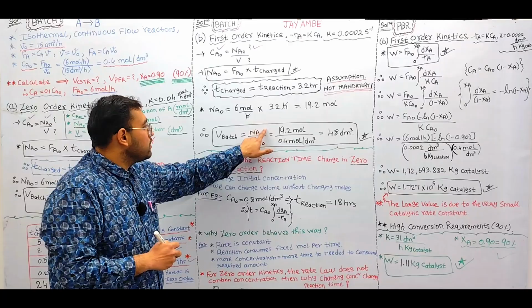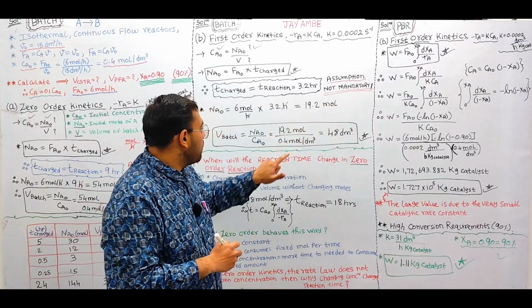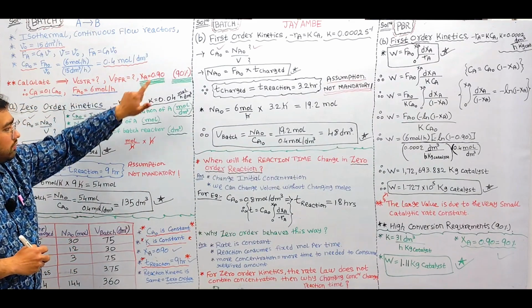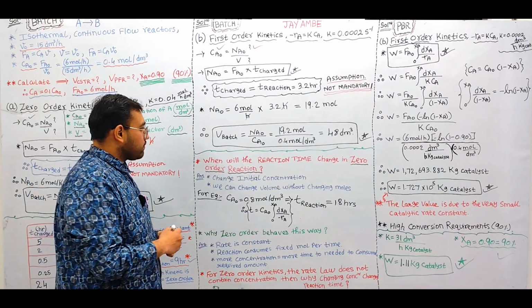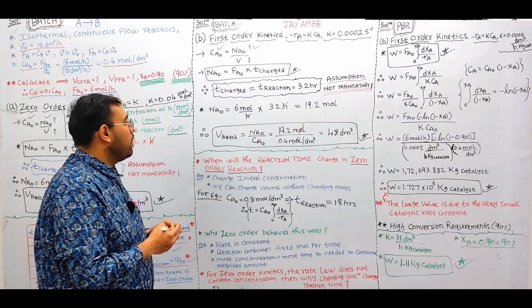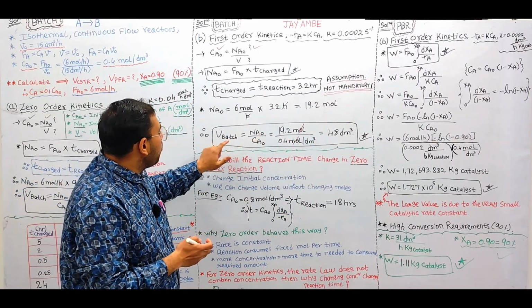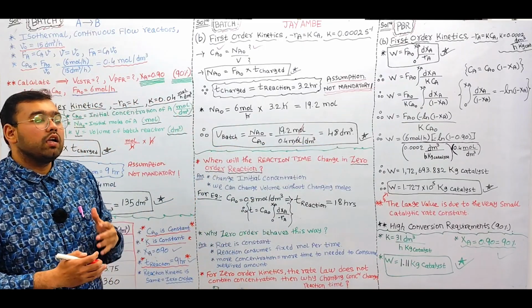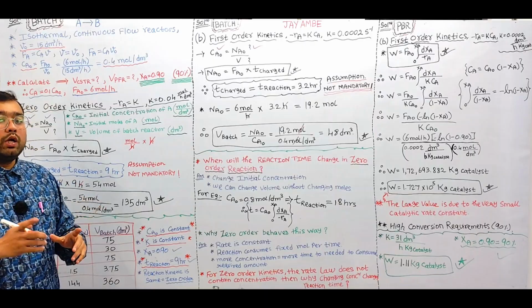So the initial number of moles is 19.2 moles, and the initial concentration is 0.4 moles per cubic decimeter. From the numerator and denominator, the moles will get cancelled off. Then by calculating, we will get the volume of the batch reactor as 48 cubic decimeter, which